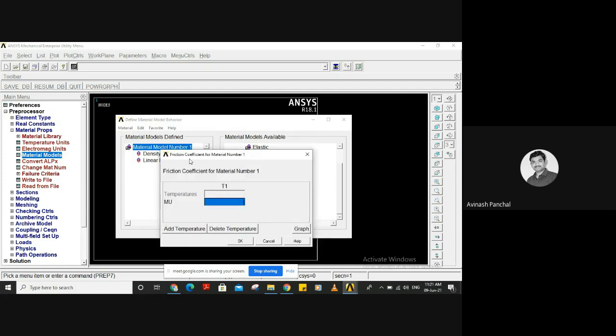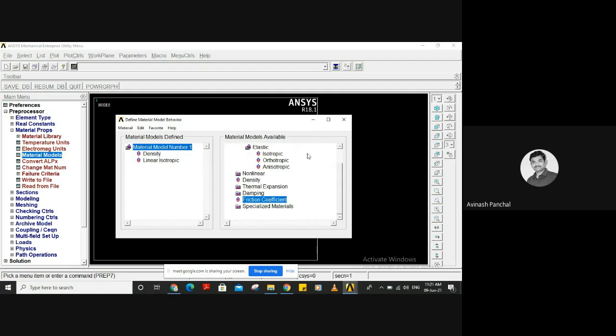There is no friction in our process, because no motion is there, so no friction coefficient is required. Specialized materials like gasket, joint elastic, micro plane model, and user material options are not necessary here, so we need to close this.